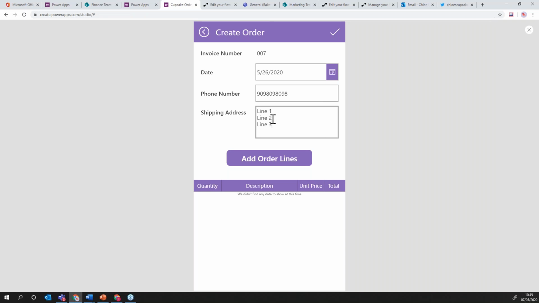I've just kept this pretty simple because it's not really the focus of this demonstration, but there's loads of cool things that we can add in to make this easier. So it'll automatically pick up the person's phone number and their shipping address just by finding who that contact actually is. Okay, now we want to add some order lines to this order, so I'm going to click Add Order